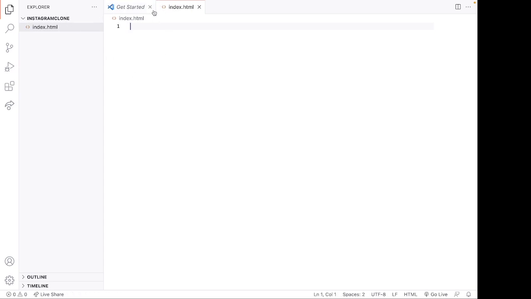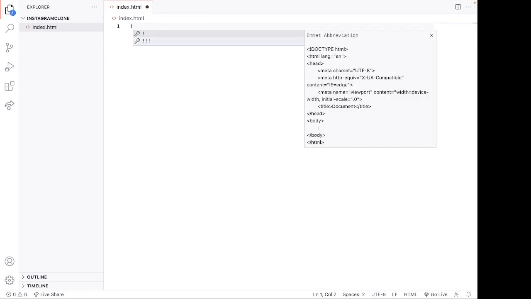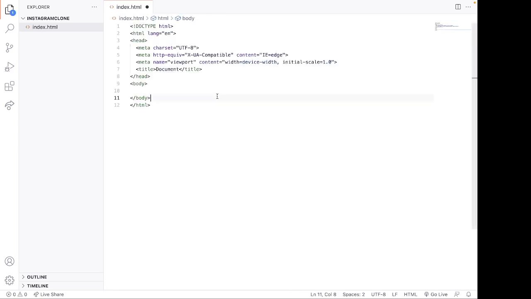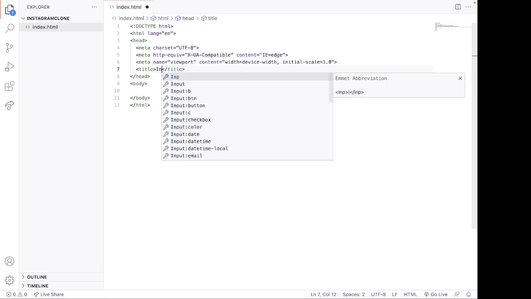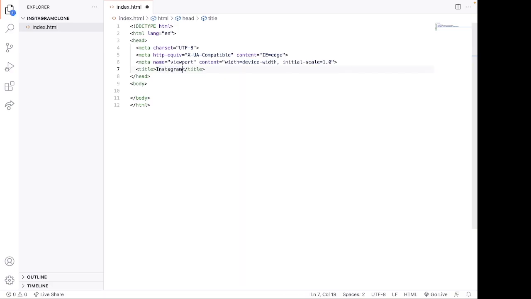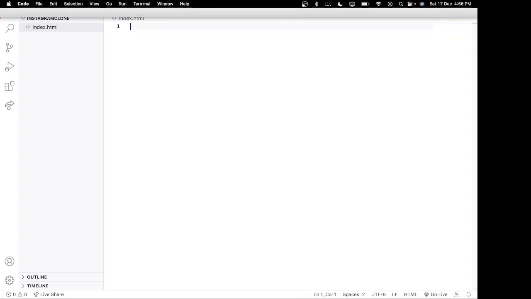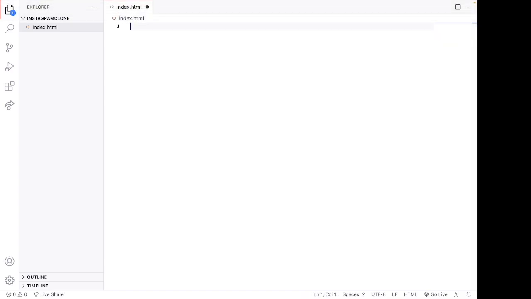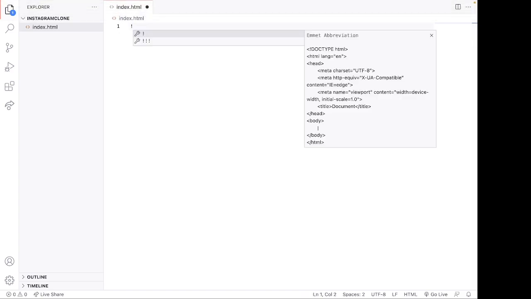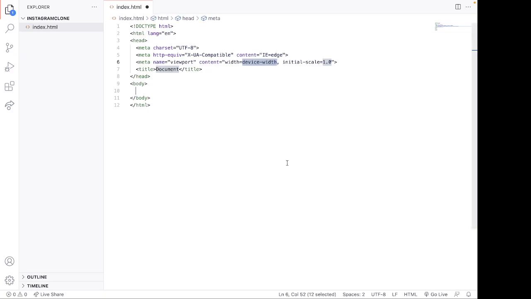And then you can use VS Code to generate some starter code. Just press exclamation and press tab, right? And then maybe here I'll just type Instagram clone, right? And the next thing you need to do is, what do you press for that thing? Yeah, so I pressed exclamation, then tab. Yeah, so I can just change this to Instagram clone